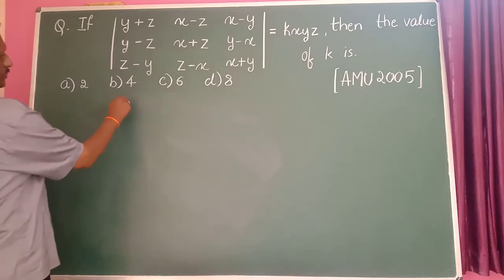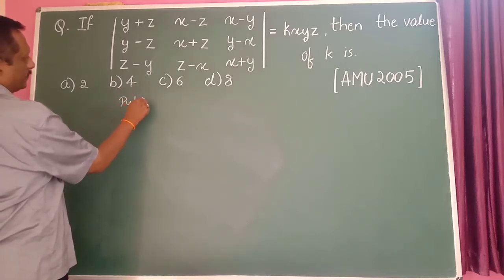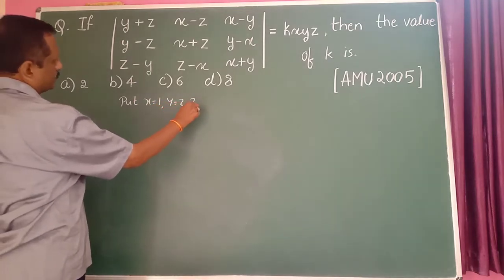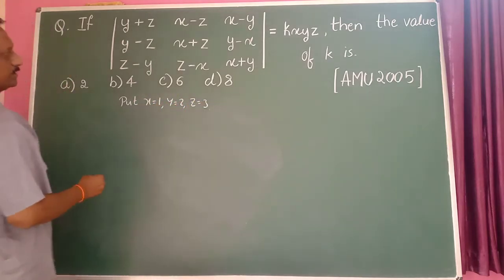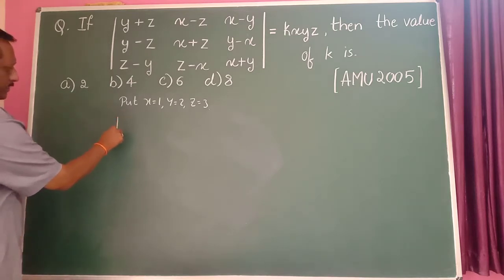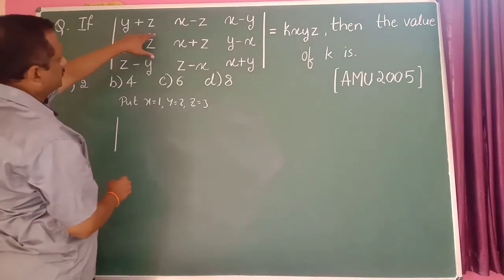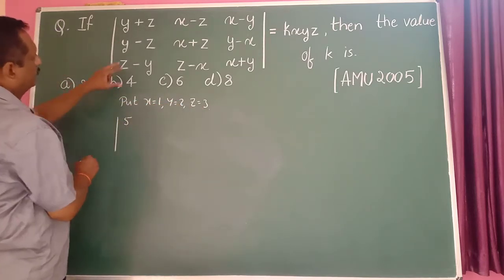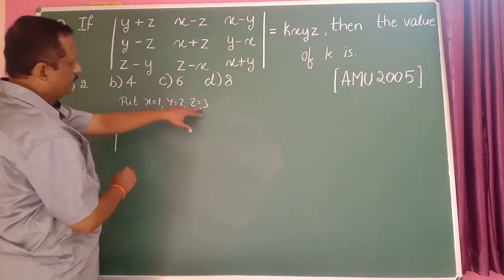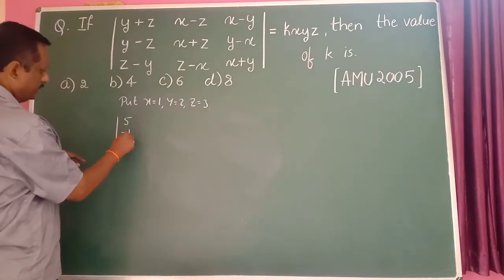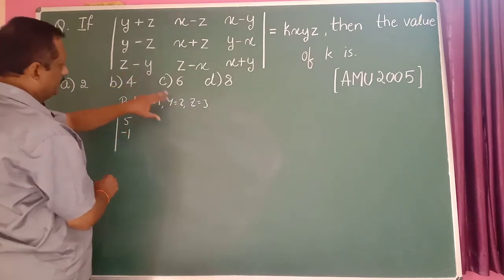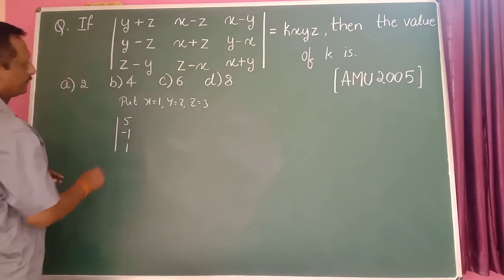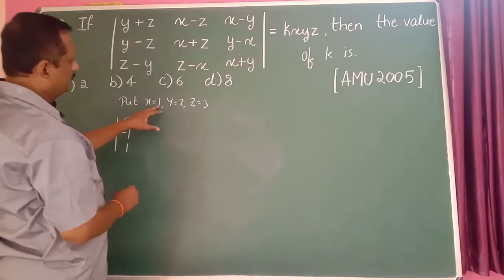So here substitute x equal to 1, y is equal to 2, z equal to 3. Here's the determinant of y plus z, 2 plus 3 becomes 5, y minus z, 2 minus 3 is minus 1, z minus y, 3 minus 2 gives 1, x minus z, 1